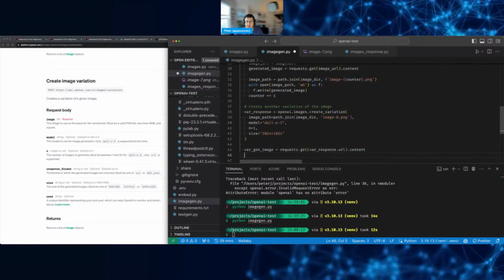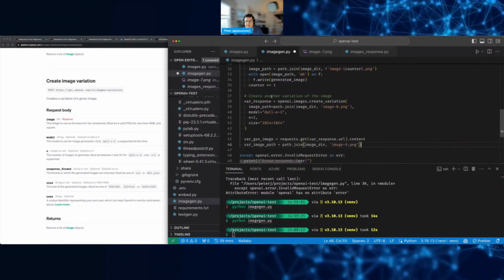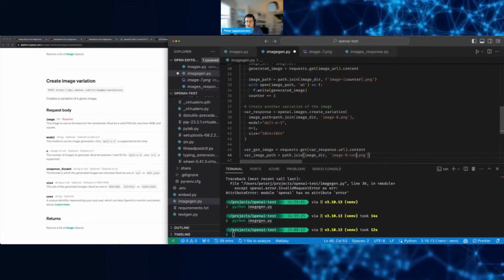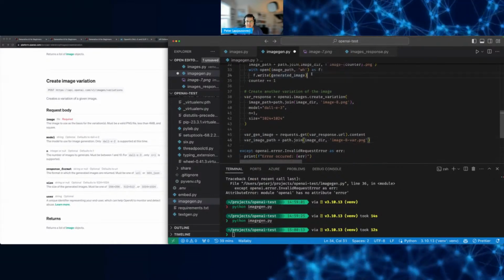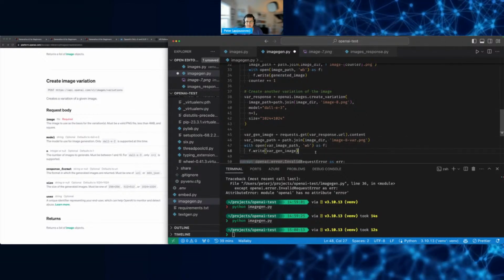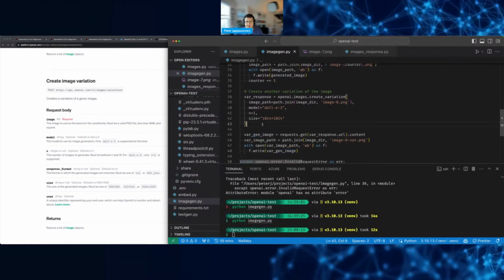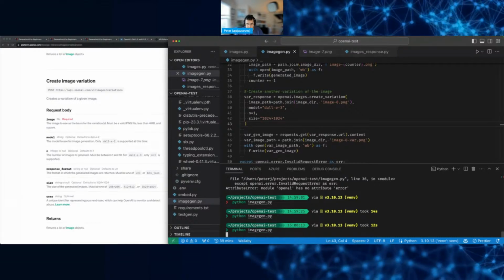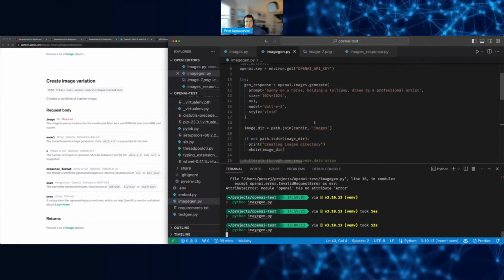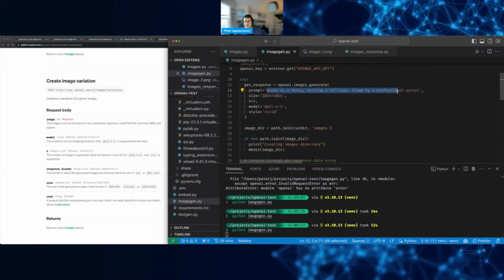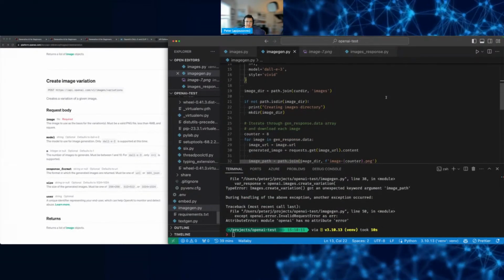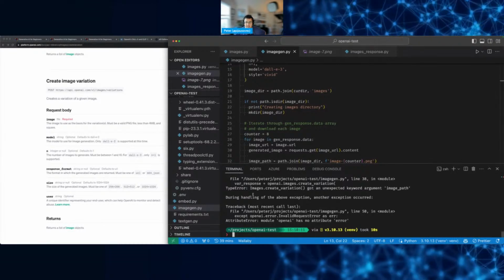Yep. So get the content, and then we'll do var image path. We'll say var, and then save the image, right? Which will be this one. Var image path, save var gen image. Okay. All right. So we should get 2 images. The first one will be generated from this prompt, and then for the second one we're not gonna pass in the prompt anymore. We'll pass in the